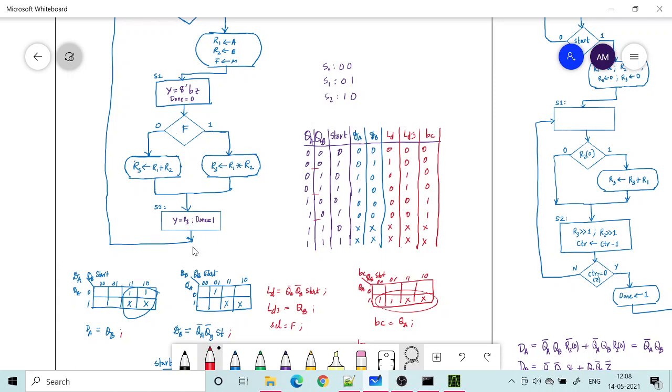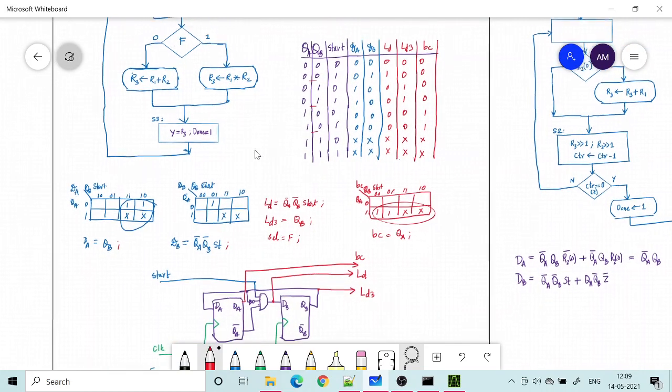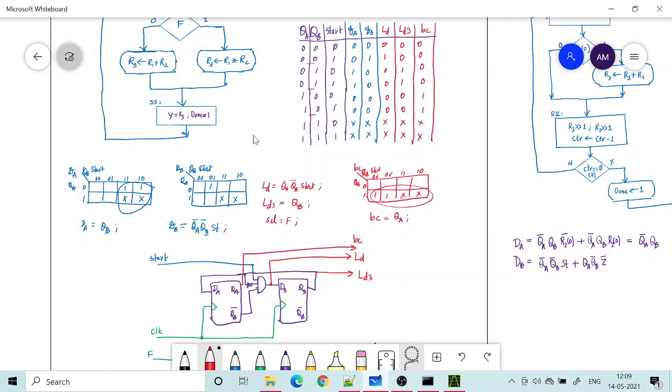So I am introducing one more state so that I ensure the loading of register R3 with the required output. The loading is done in S2, but actually it is taking place at the next active edge. So by that time I will enter into R3. Okay, earlier I was going into S1, but now I introduce a state where I have loaded my result, and then only I am issuing the control signal BC, which is the control signal for enabling the tri-state buffer.